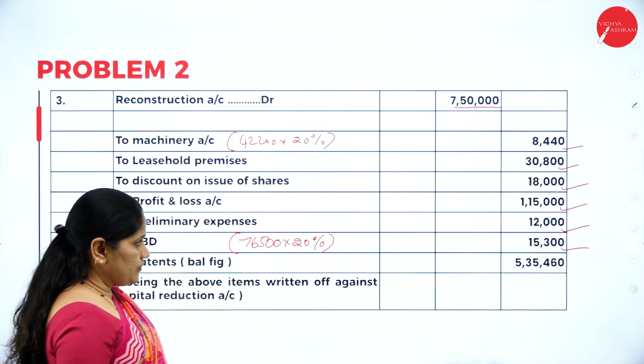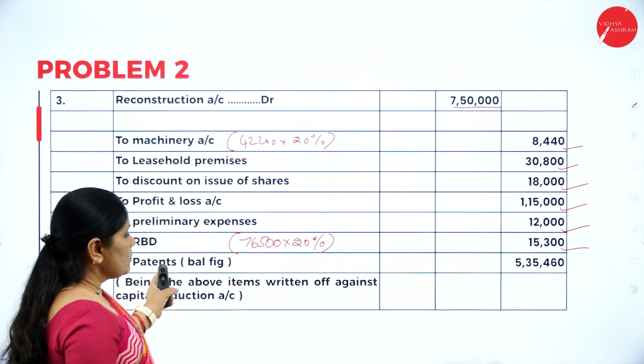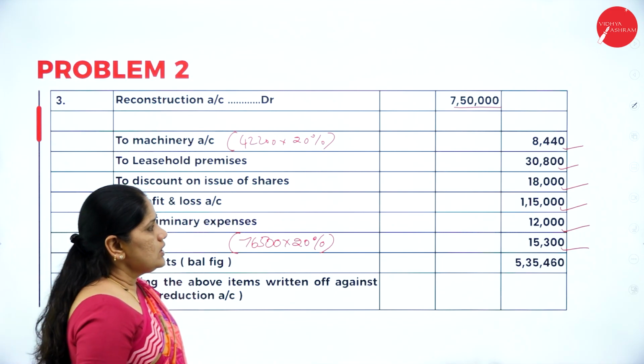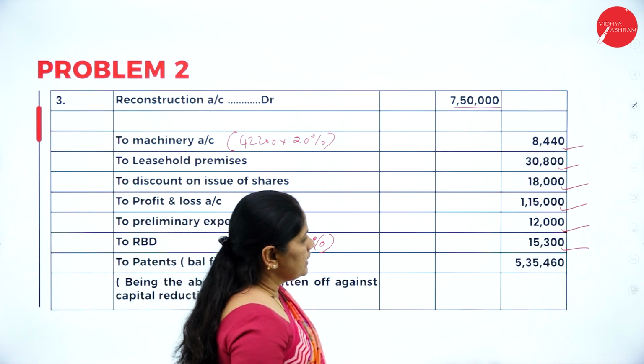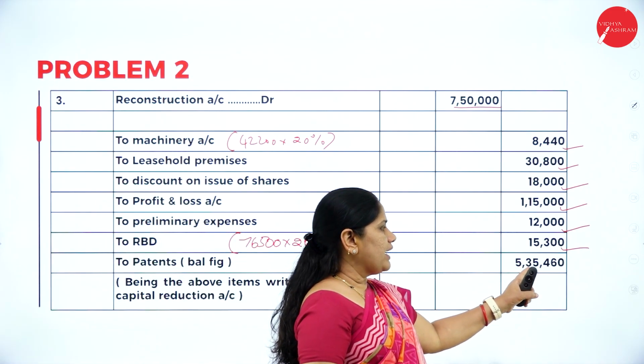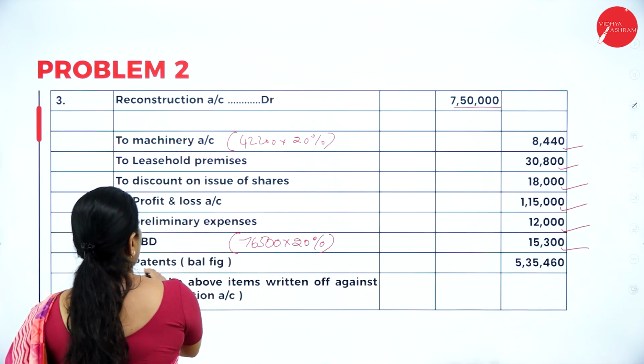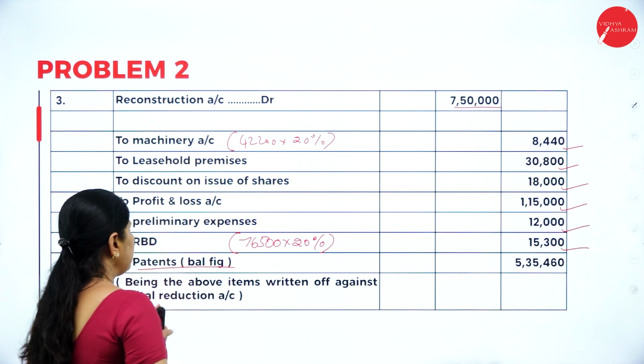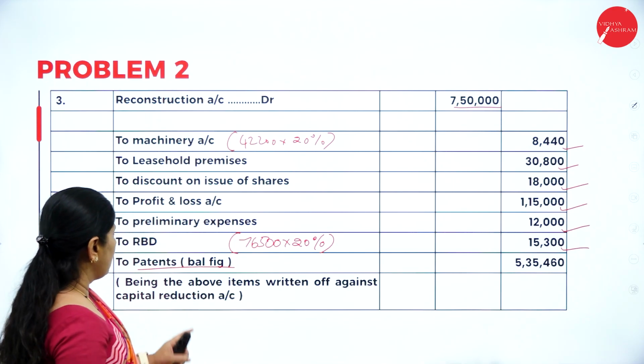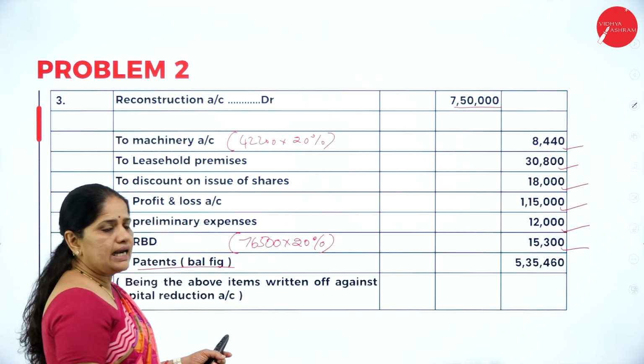So that comes up to 15,300. So whatever is the balancing amount, you add all this, and from that you deduct. So you get 5,35,460. So that is the patents value we are writing off,